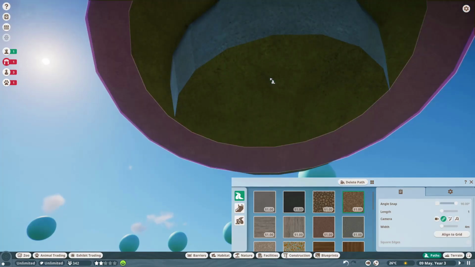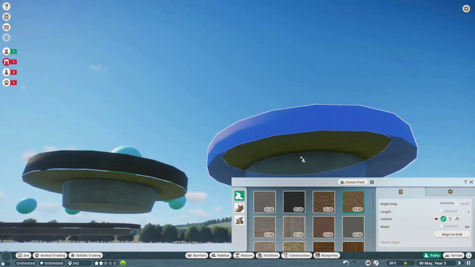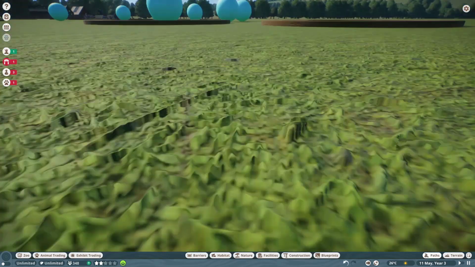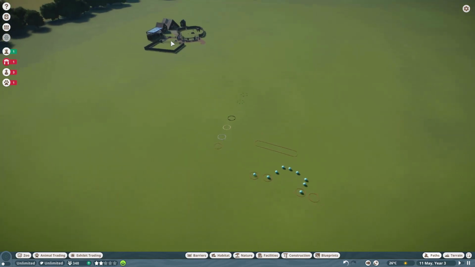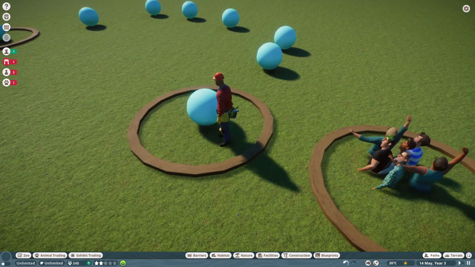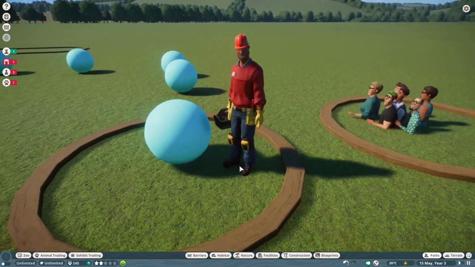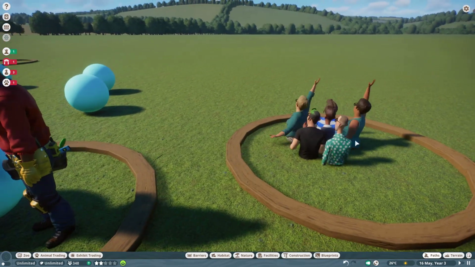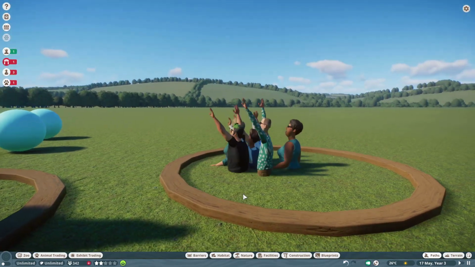And something you should also pay attention to when you are placing these, you really only want to go down a very tiny amount, because if you go down more than that, you'll see that there's a large distance between the floor and the path. And if we just grab a guest or a mechanic, that works too, you'll see that the one where we only went down a little bit is just standing on the terrain as normal,